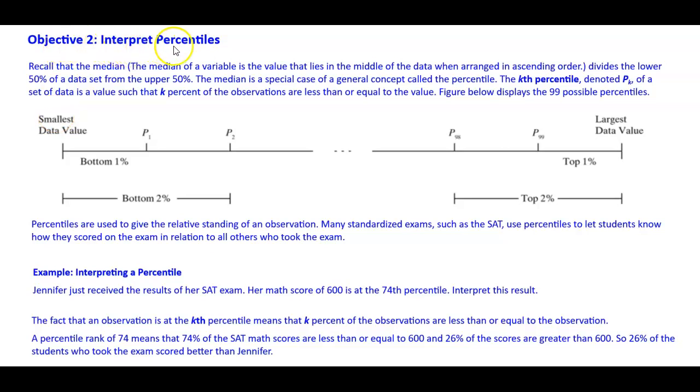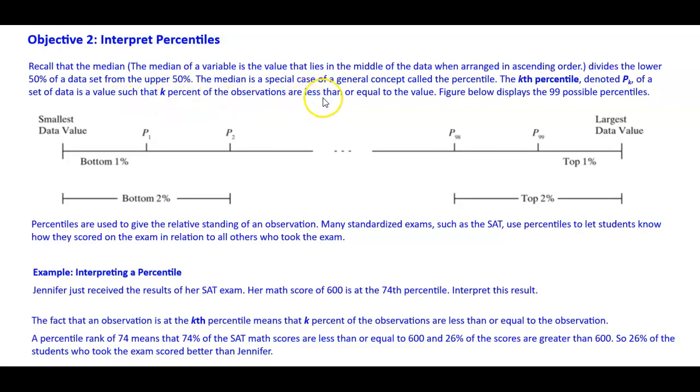Objective 2, interpret percentiles. Recall that the median of a variable is the value that lies in the middle of the data when arranged in ascending order, and divides the lower 50% of a data set from the upper 50%. The median is a special case of a general concept called the percentile. The kth percentile, denoted p subscript k, of a set of data is a value such that k% of the